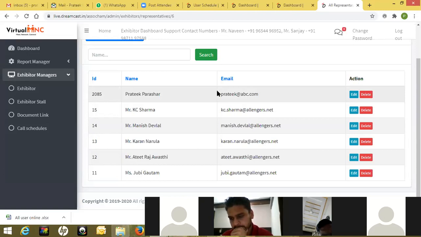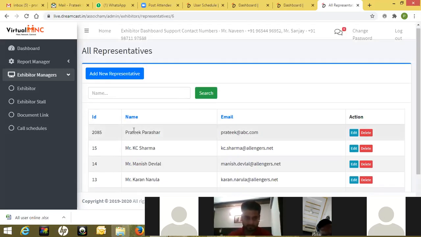Also, if you have already registered as a visitor and want to avoid uploading too many email IDs, this can be a dummy ID as well. It just has to be in the proper format, like prateek@abc.com. Now, this abc.com is not a valid domain; it's just in the format of a proper email. You just have to use this prateek@abc.com, which you have uploaded here at the backend, and log in from the front end as an exhibitor. And from there, you can chat with your visitor. Now, how the chatting goes, I'll show that as well.